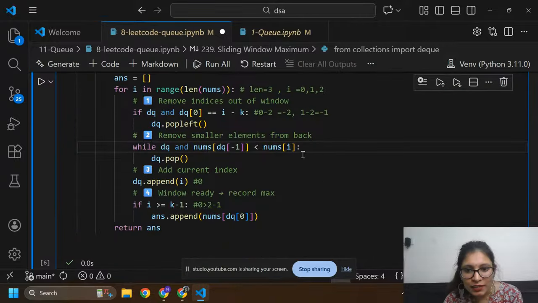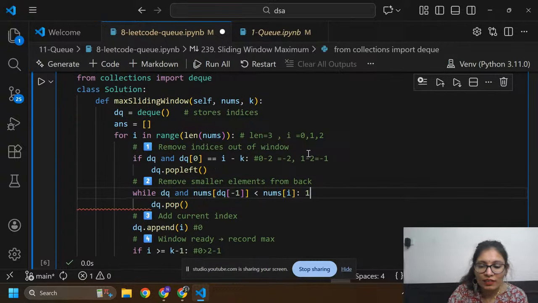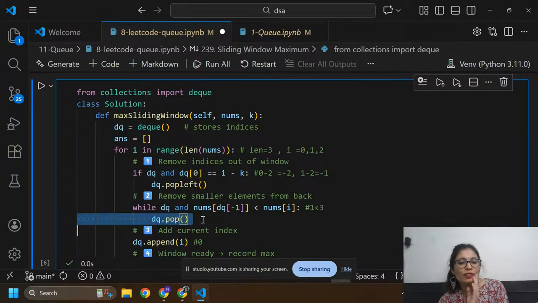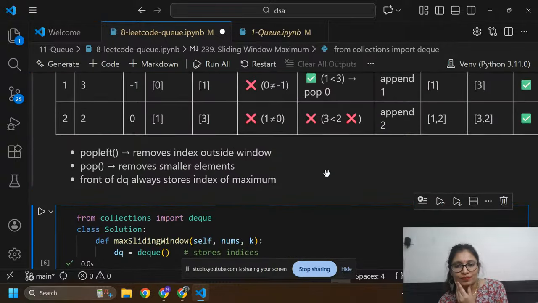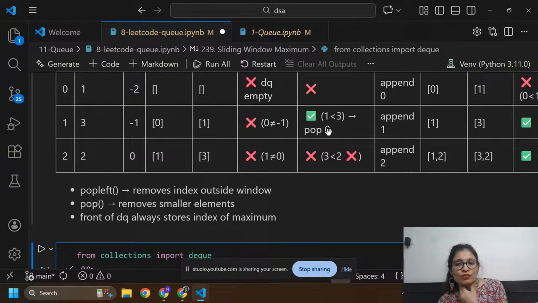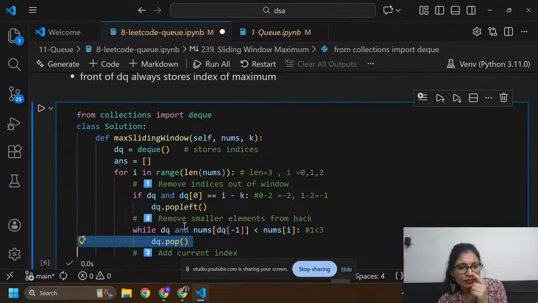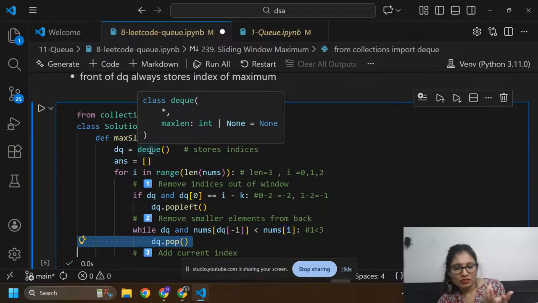Previously I have 1 in dq, so 1 is less than 3, and 3 is our current number. So we are going to remove the last element from the dq, that is 0. I already added 0 inside this dq. This is the index.